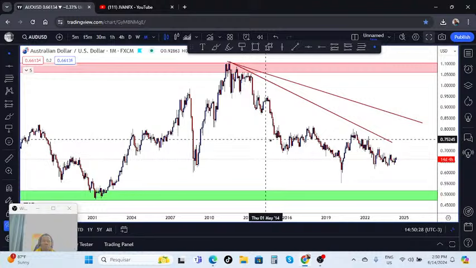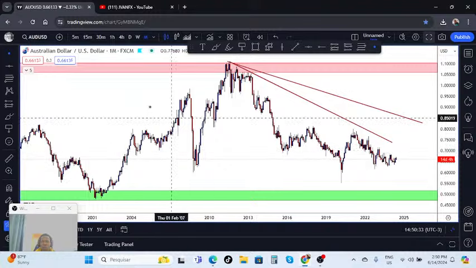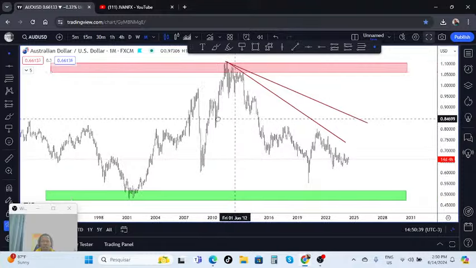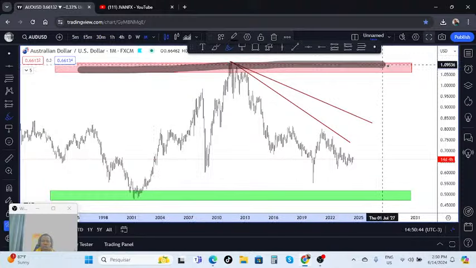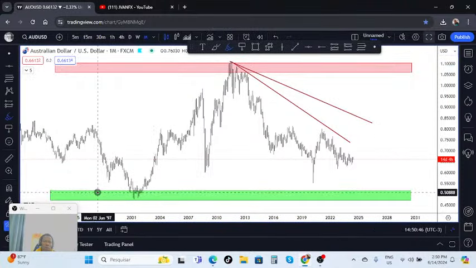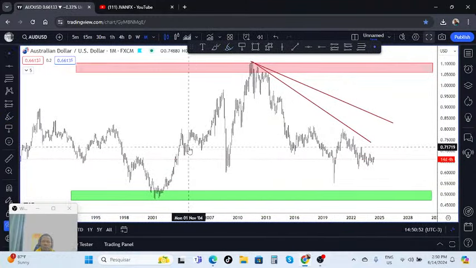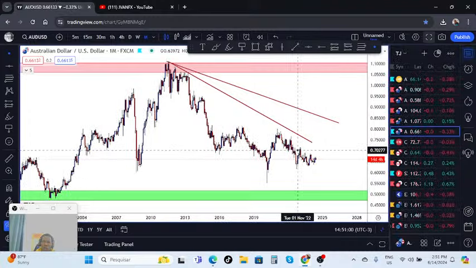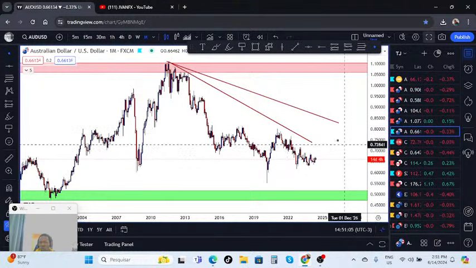So market structure starts with the monthly bands. As you can see right here, this is the monthly time frame, and we have the monthly bands in place. This is a monthly resistance band and a monthly support band. This is how the market works: it goes from band to band, and the monthly bands are just like a huge